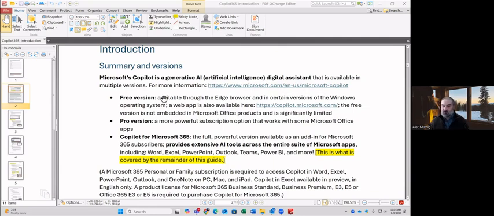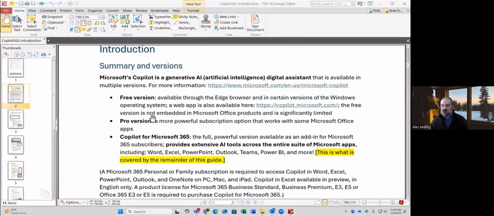So if you think of Copilot, and I know people who have tried it and said, well, it's not that impressive, it's because they've used the free version. When you get to the paid tiers, it gets much, much more impressive. So most of you, I think, are here probably from businesses or nonprofits. And so you're probably looking at a paid version of Microsoft Office, which leads you to one of these options,